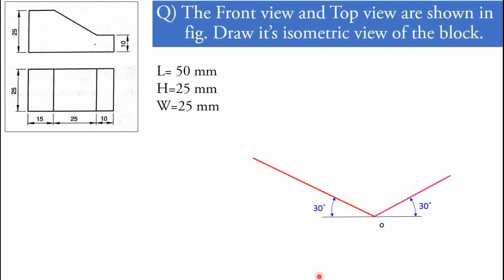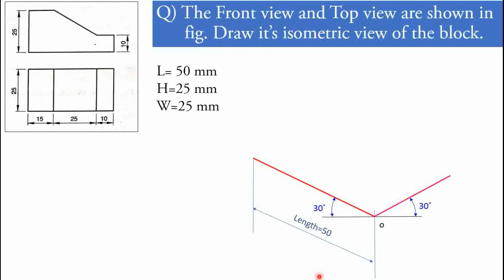So by taking the reference of these three dimensions, first of all we have to represent a complete outline box. For the reference I am going to represent here, the length will be represented on the left side inclination line. Actually only the value has to be represented, but for your understanding, I have mentioned here length equal to.